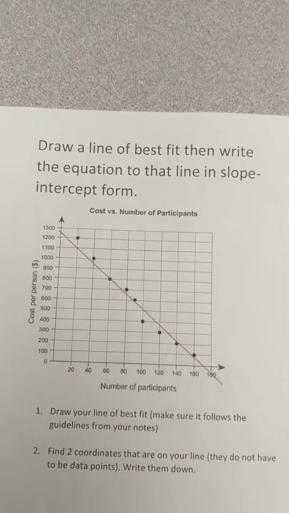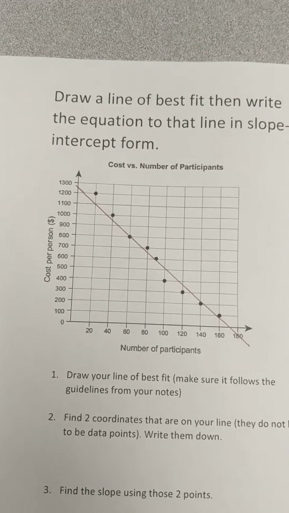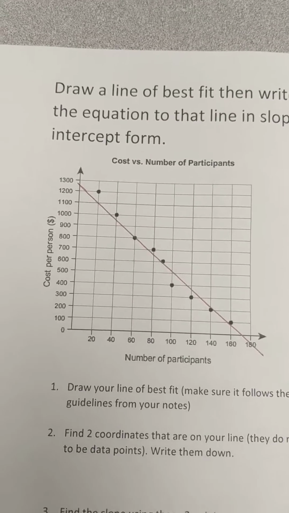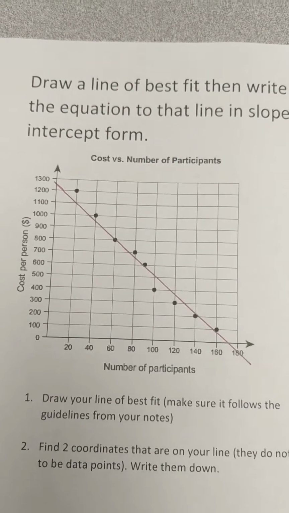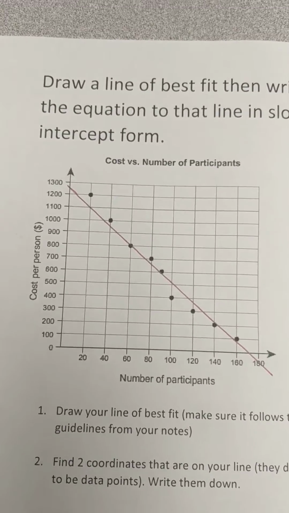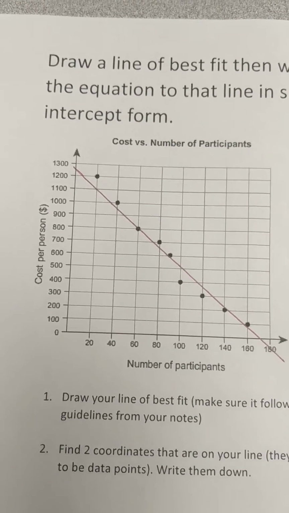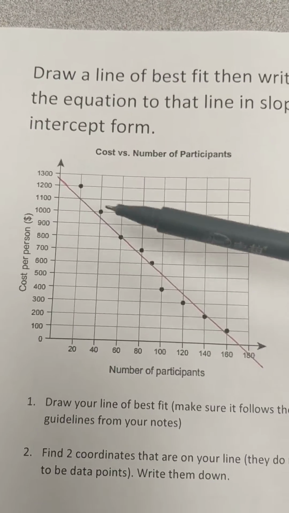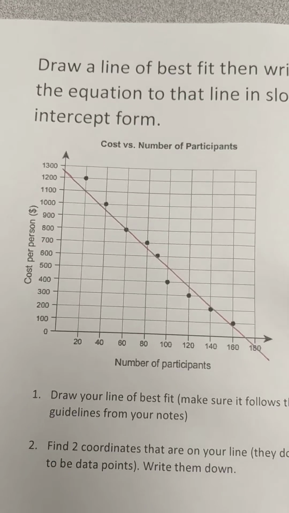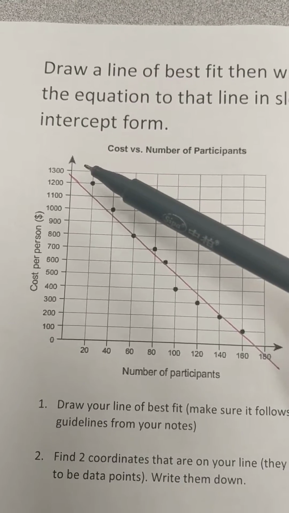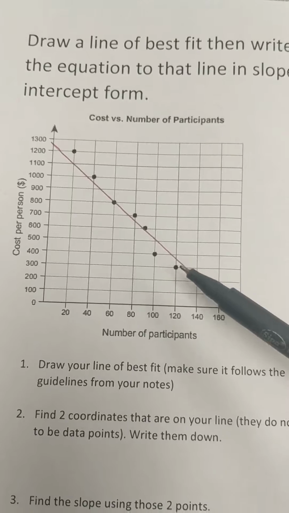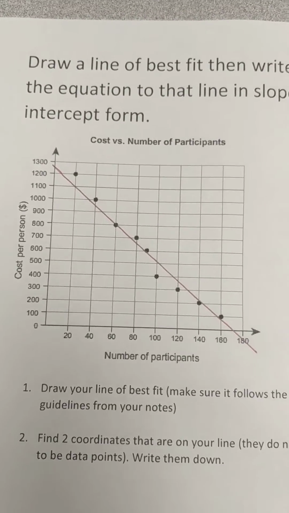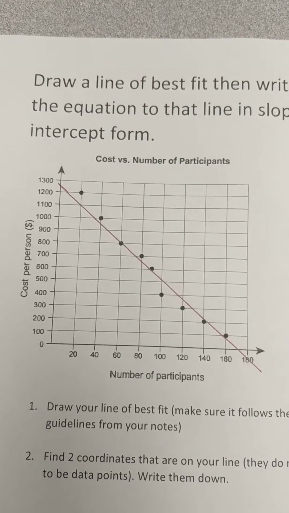Okay, so this is just a random graph. It's not one that you have, but just to see an example. I already drew the line of best fit in here. So this red line that I have, I drew that in there. You may have looked at your graph and had yours just a little bit different, but it should be at least very similar to mine because of how strong this correlation is. It's not much of a difference. Maybe you drew yours a little bit more down this way or something. But as long as it follows those couple of guidelines that are on your notes there,